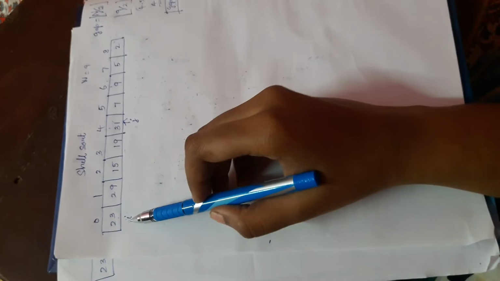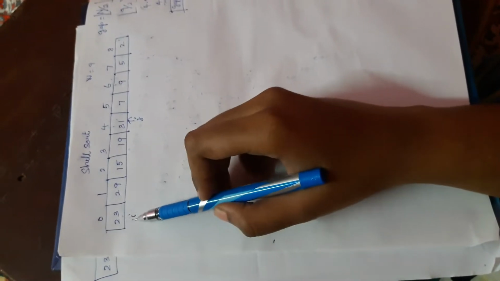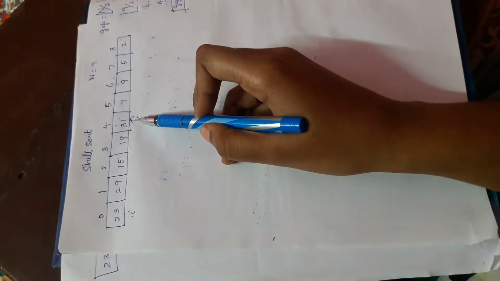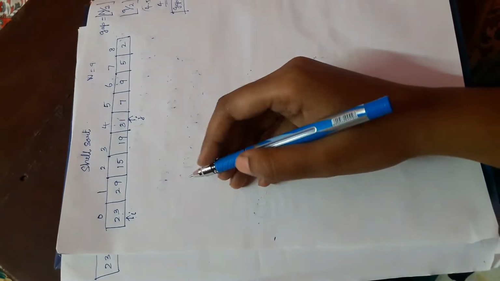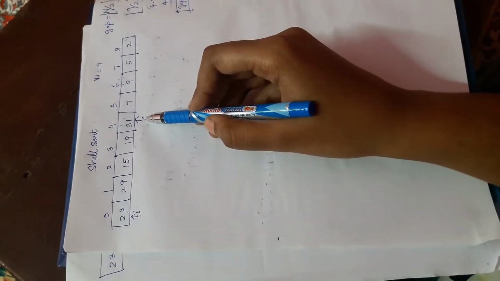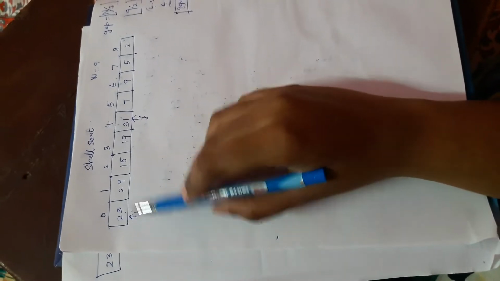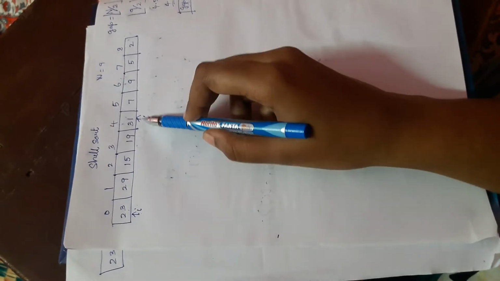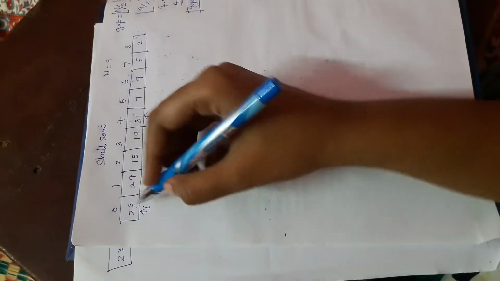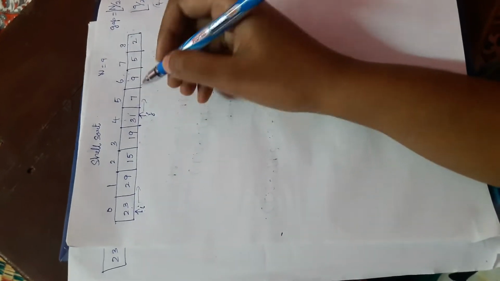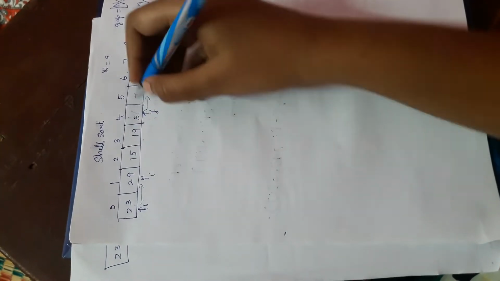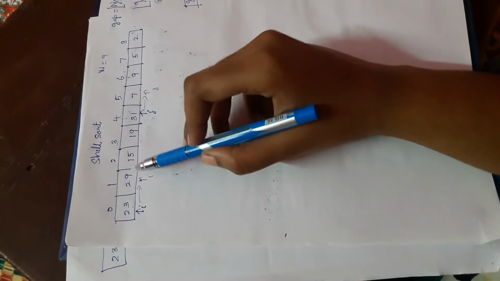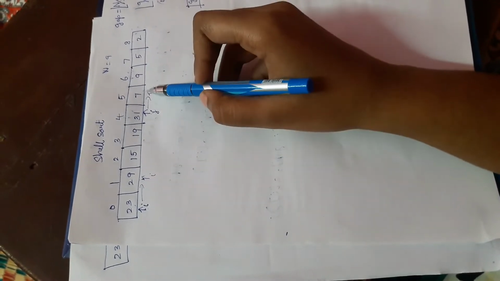So listen properly. Here I am taking the pointer to the first element as this element, and the element 4 gaps away I have taken. First we are going to compare this element with the j element, 23 and 31. 23 is smaller than 31, so we need not shift it. Again the pointer will move to the next position. Now I will be here and j will be here. Now compare 29 and 7. 29 is greater than 7, so we need to shift these 2 elements.